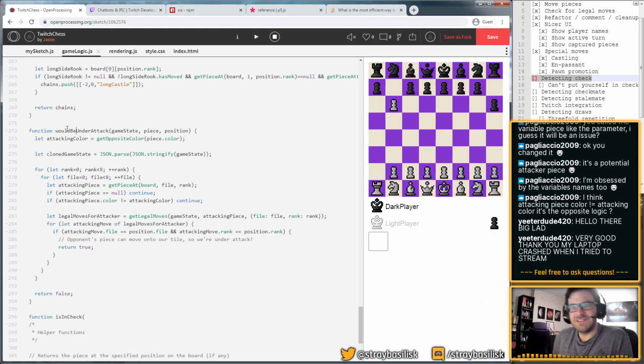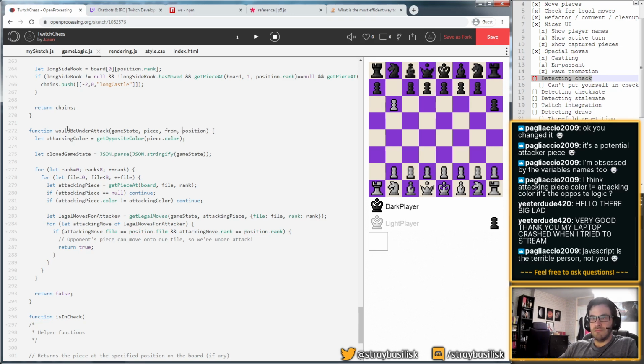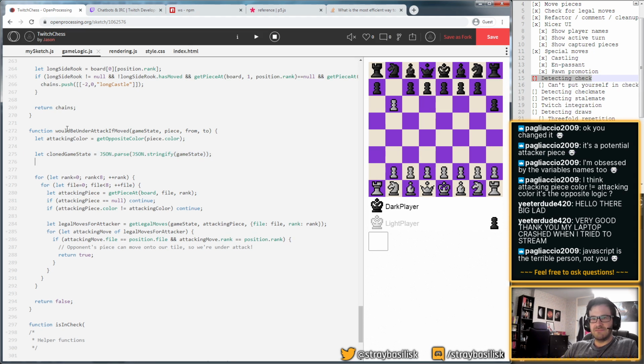Would be under attack, I want to say. Okay, something like this. I mean, deep clone is not always super trivial, but let's just say cloned state.board, 2.file, 2.rank equals